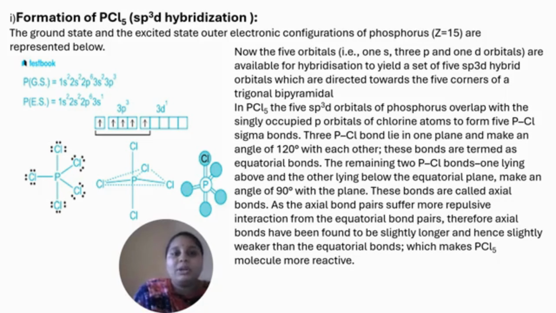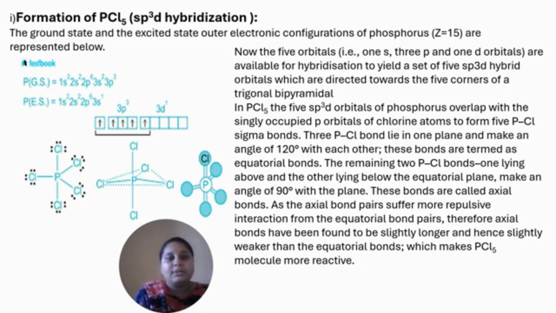There are 5 different orbitals, one 3s, three 3p and one 3d, which are available for hybridization. As a result, a set of 5 sp3d hybrid orbitals is formed, directed towards the 5 corners of a trigonal bipyramid. So in PCl5, the 5 sp3d orbitals of phosphorus overlap with the singly occupied p orbitals of chlorine atoms, and form P-Cl sigma bonds, and 3 P-Cl bonds lie in one plane and make an angle of 120